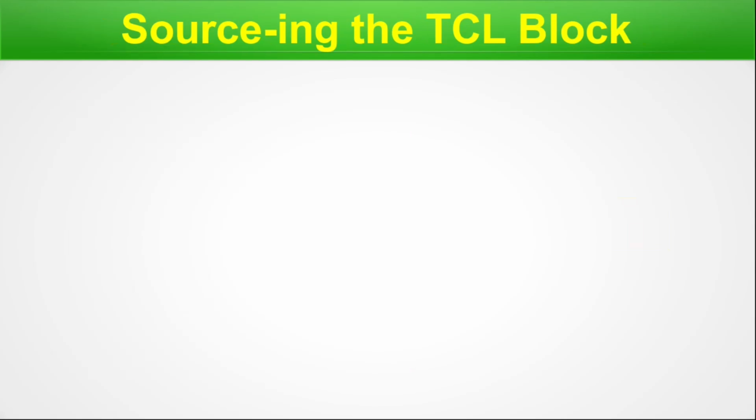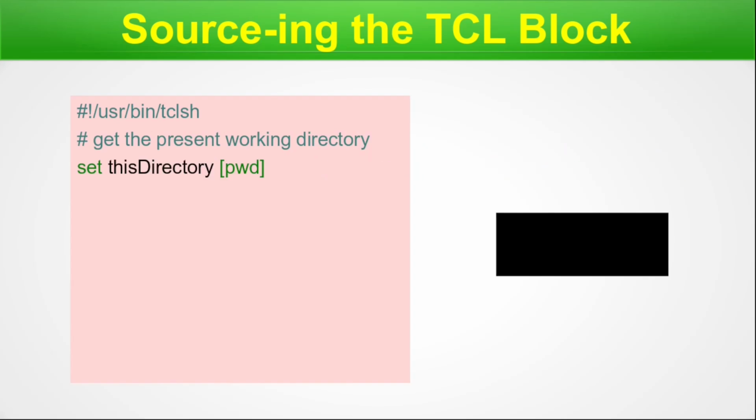So let's move on. Sourcing the tcl block. Now that particular file I have written already, saved and closed the file. Now I am opening a new file. So here the pink one will contain the code, the black one will contain the output. I begin the code with hashbang /usr/bin/tclsh. We get the present working directory. How? With this particular command set, then we name a variable this directory, and we execute the tcl command pwd,